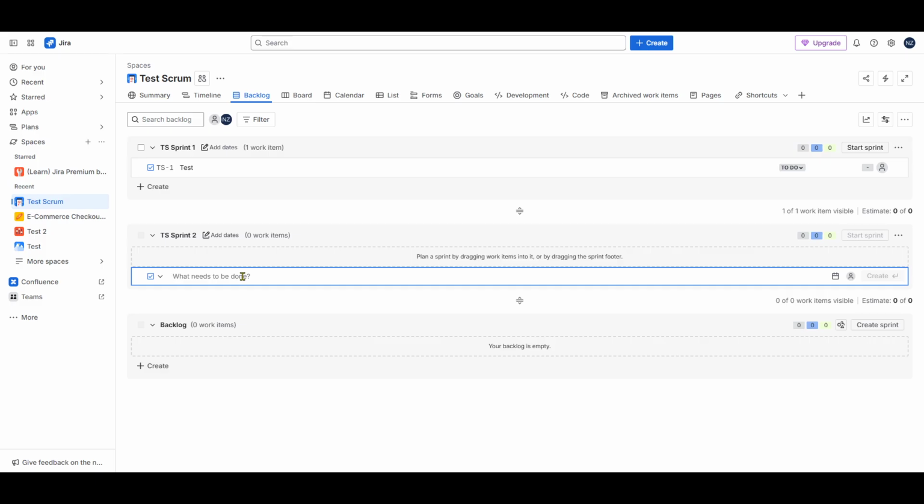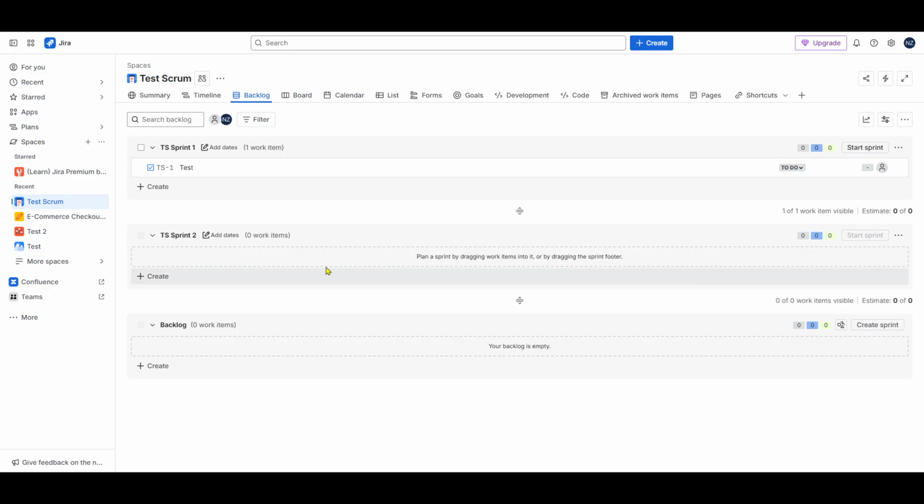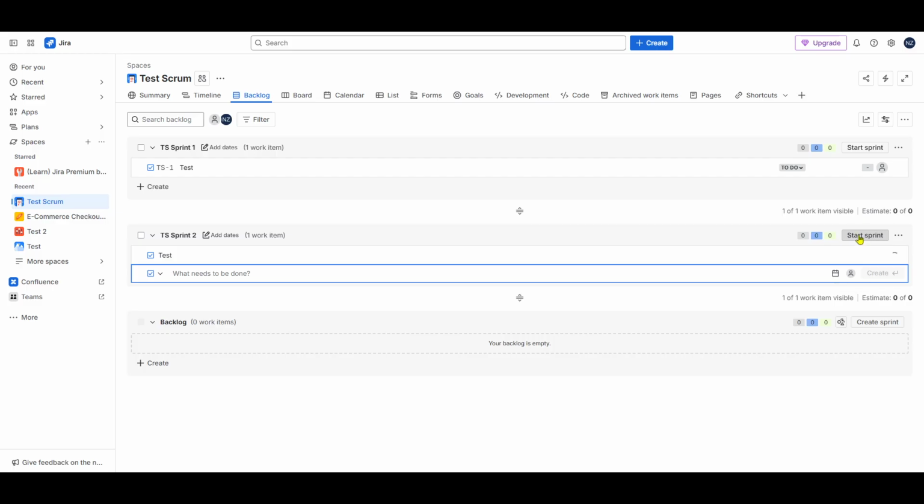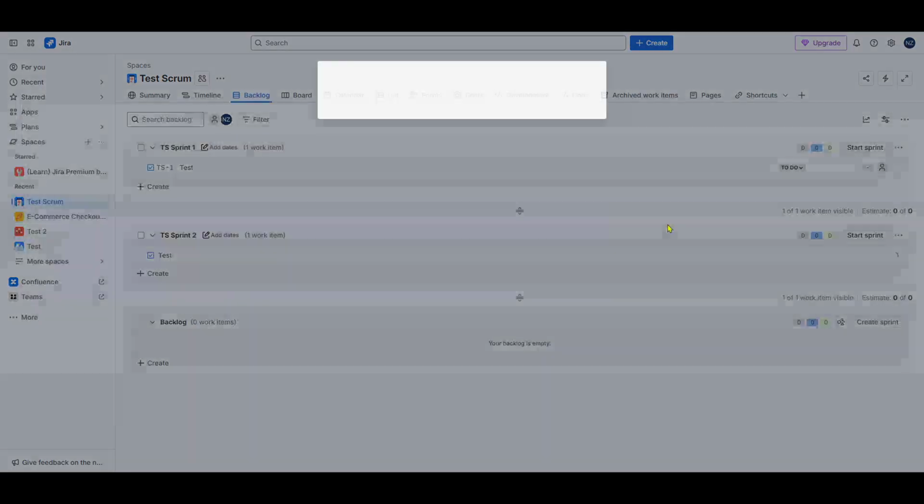Once you've created a sprint, you need to start it. To do this, locate the Start Sprint button. Clicking it will initiate the sprint for your team. At this point, you'll likely be asked for some details like the duration of the sprint, which is traditionally 2 weeks, though this can be adjusted to fit your team's workflow.